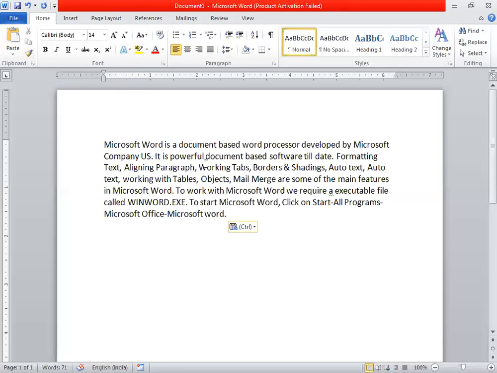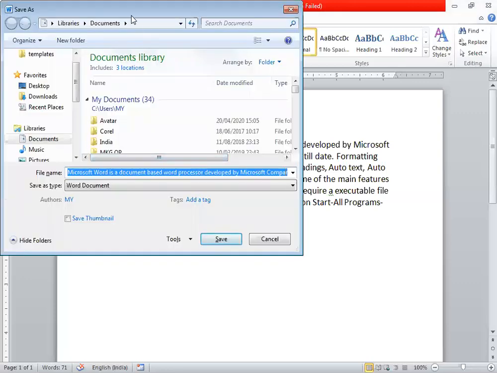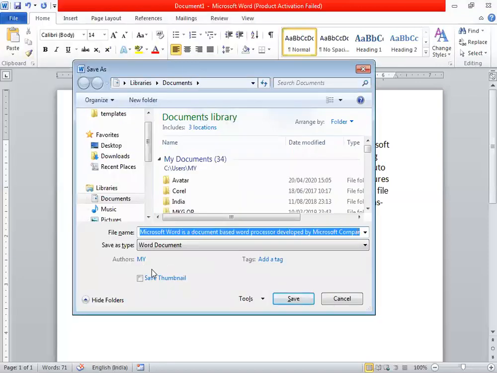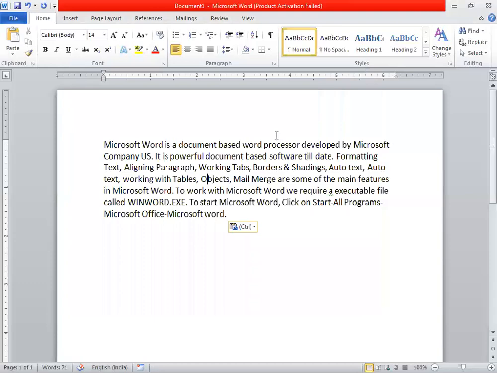Whichever option we use, we are able to see this window. Type the file name and click on save. So now we can use either way to save the file. I'll use Control S to save the file, and type the file name.